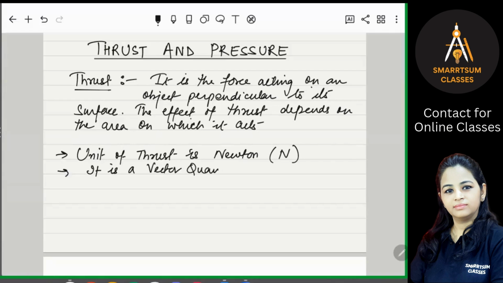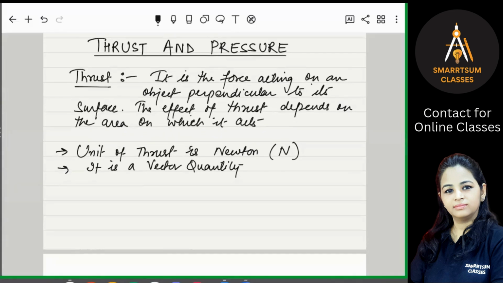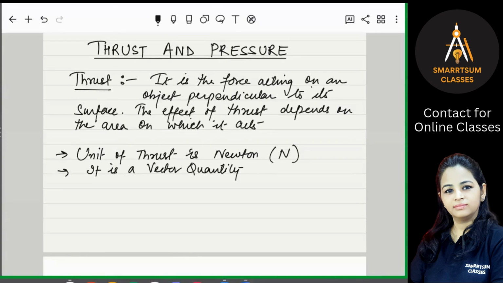It is a vector quantity. Okay, so this is thrust. Now, what is pressure? For the heading, pressure. Pressure is the force acting perpendicular on a unit area of an object. Right? So write down, pressure is the force